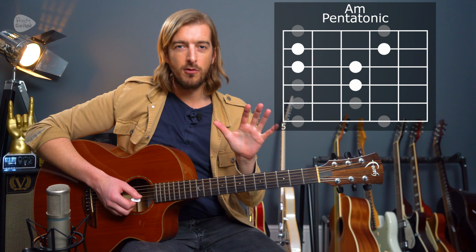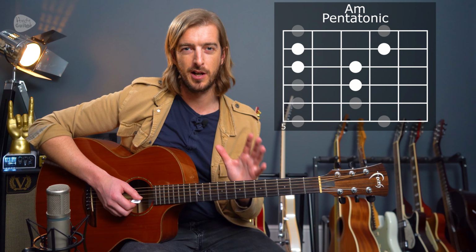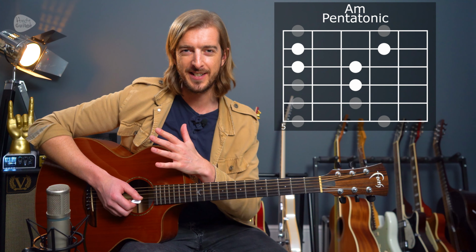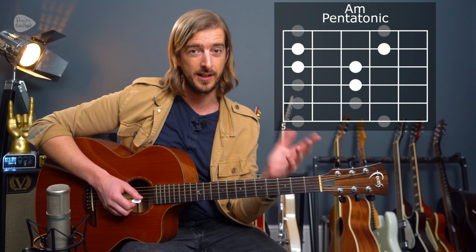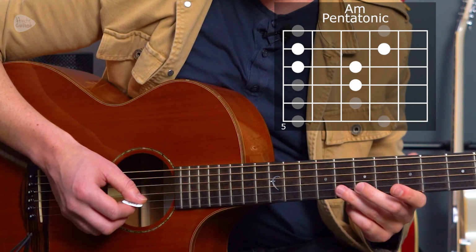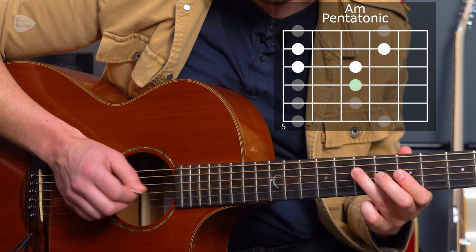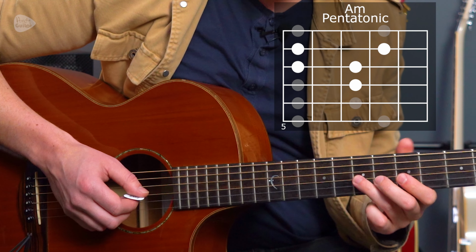And also really encourage you to learn this because we don't have many of these simple lines on acoustic guitar. A minor pentatonic is usually more electric guitar land, and therefore the electric guitarists get a lot better at this stuff a lot quicker. Acoustic guitar players don't miss out on this opportunity. It's 4 notes. 1, 2, 3, 4. 1, 2, 3, 4. We go back on ourselves, and then a slide,